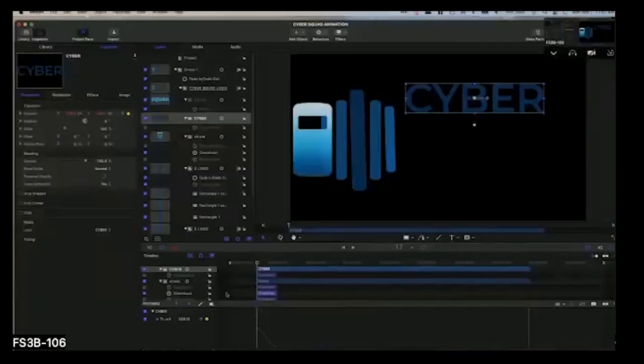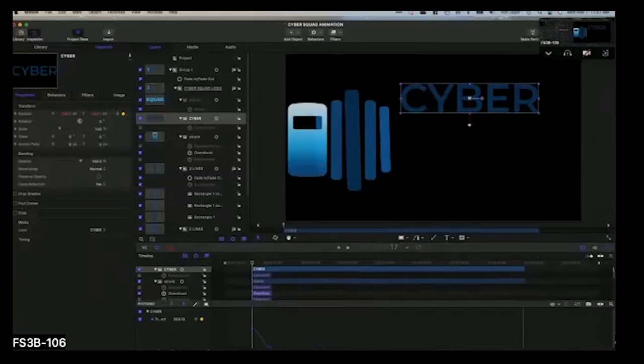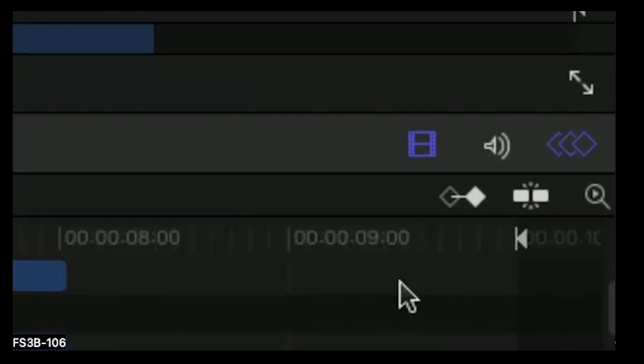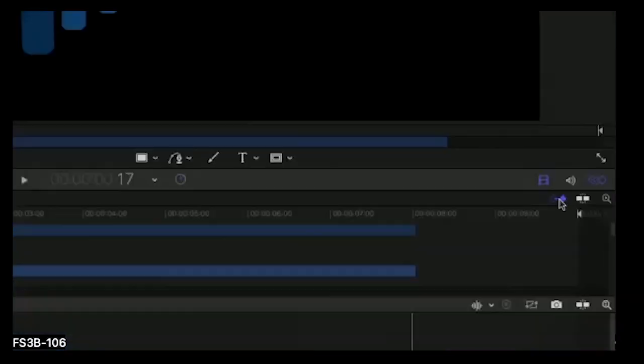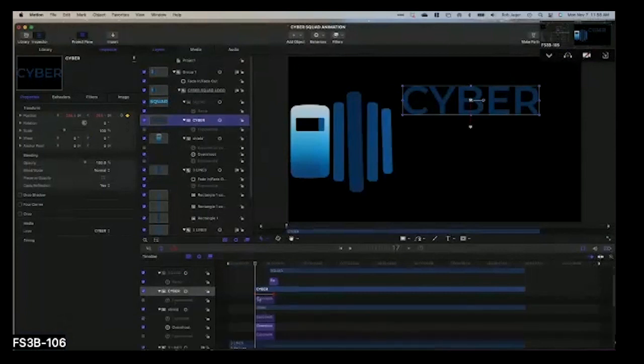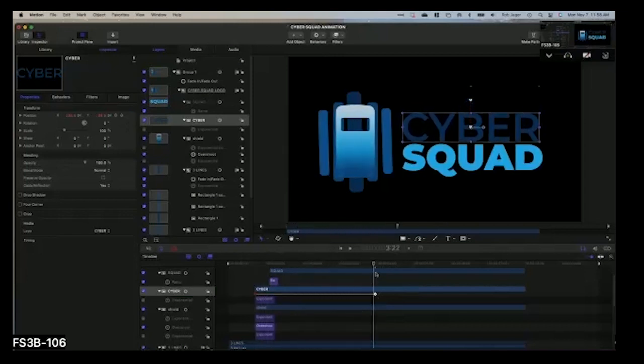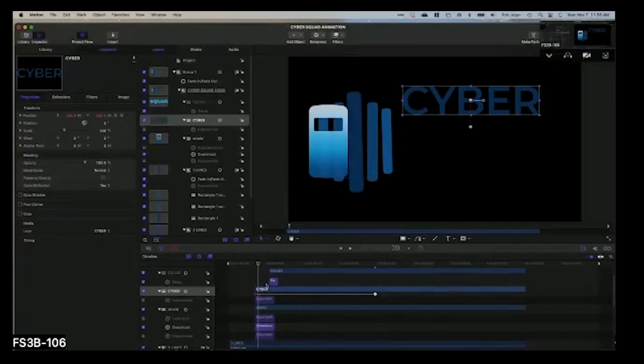Another thing to know about keyframes is that when I'm playing down here in the keyframe editor, I am messing with the keyframe values or the position of the keyframe, the timing between the keyframes. But if I just want to play with the timing without messing up my values, what you would want to do is head over to the top of your timeline on the right, and you would want to turn on this guy here. And now I'm going to hide my keyframe editor, and now I have these red keyframes in my regular video timeline that I can play with the distance between them. So how long the animation takes to happen, the motion takes to happen,